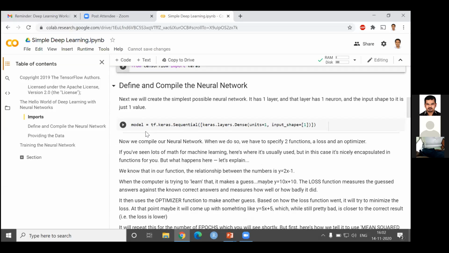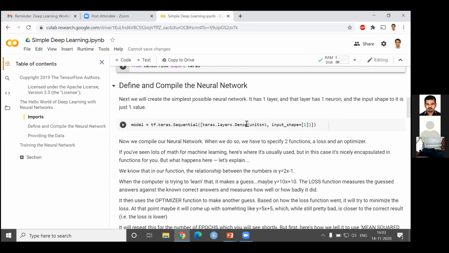So what are we supposed to do now? We have to create the model. So model is equal to tf.keras.Sequential. And I said we have only one layer, just one layer, and only one neural network. That's why units is equal to 1.